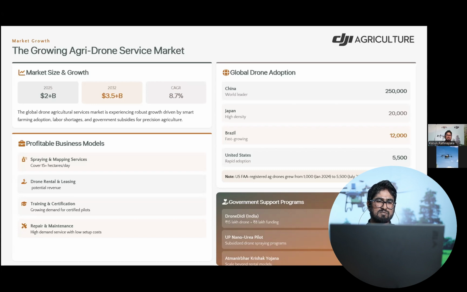We can also start training and certification, which is an essential factor when using drones in our plantations, and there is a high demand for certified drone pilots. And we can create repair and maintenance services, which are in high demand with low setup cost.